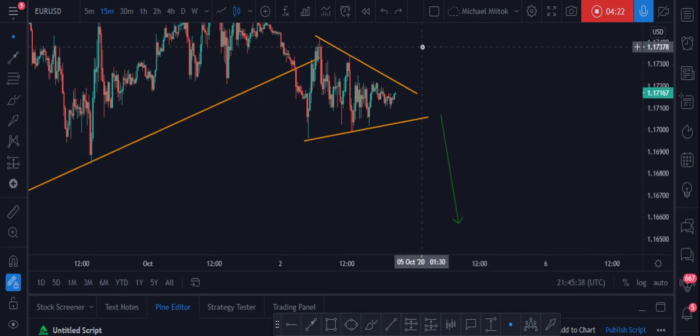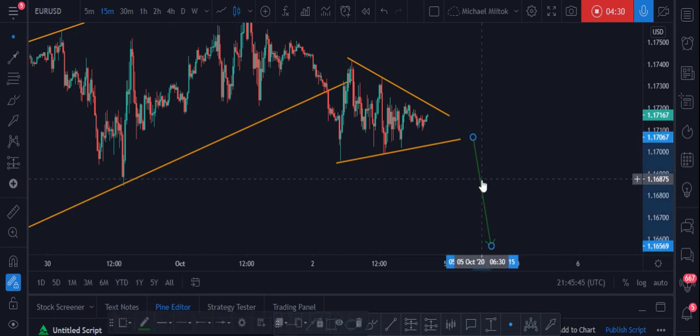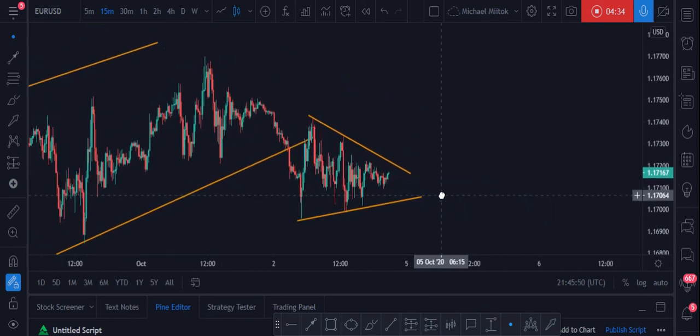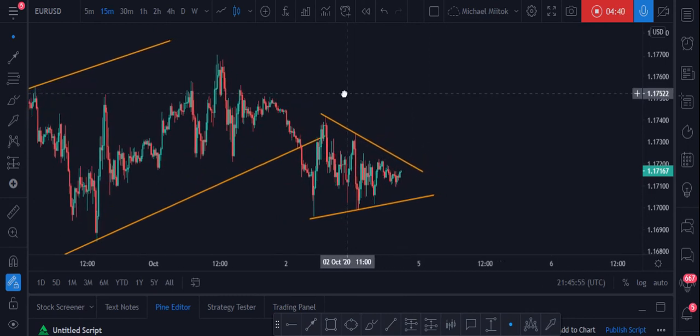So let's see how price reacts on Monday. Then we'll be willing to take price higher. Okay. So this is just how to take a trade on patterns from the daily, 4 hour,